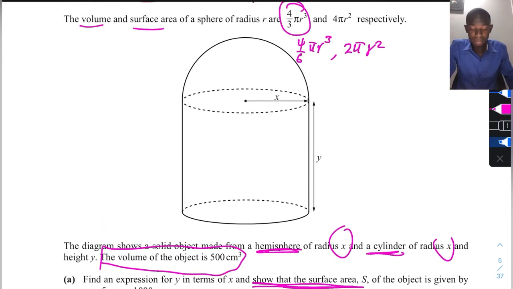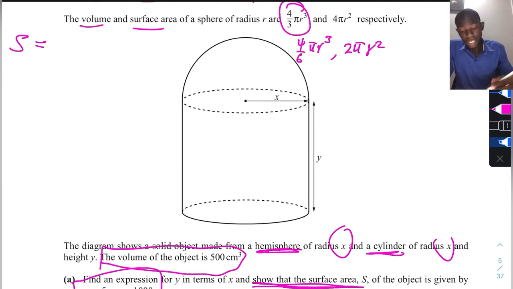So we can do this side by side. Start from the surface area and see what happens. Well, the surface area, let's call it S, because the question says to show that it is this. So we call it S. It is going to be the surface area of the cylinder, but mind you, this cylinder is actually